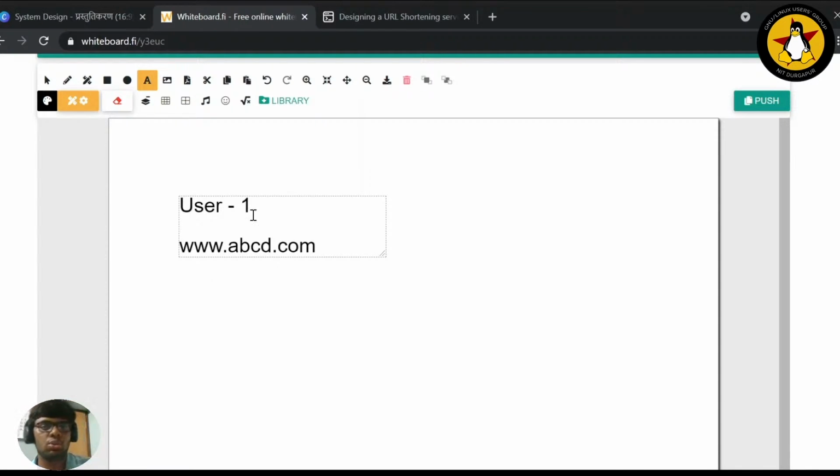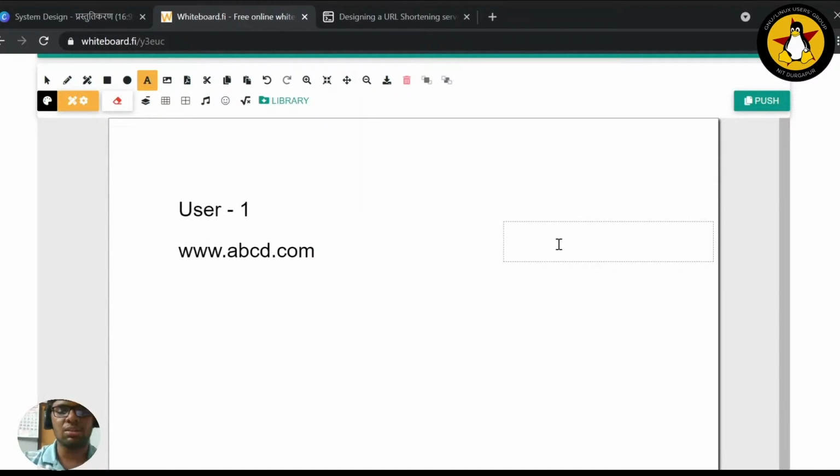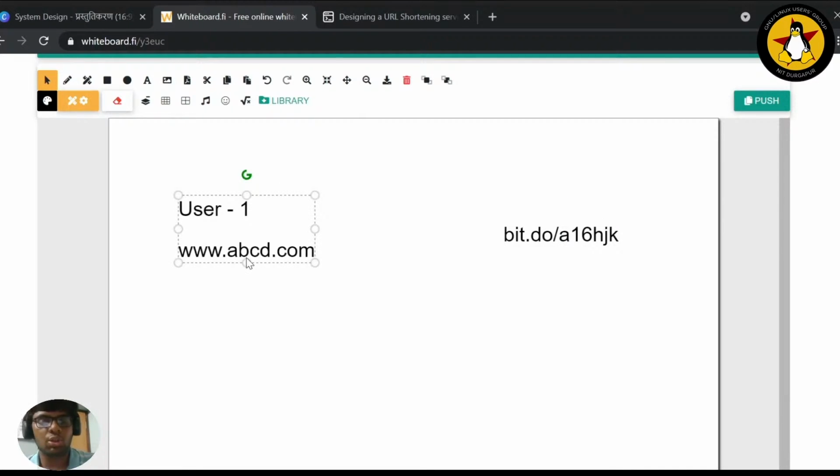Okay, so it will encode and then it will return to me a URL like this. Let's say my service name is bit.do itself, bit.do slash, and this part is, let's say, A16HJK. Now this is one URL which I want to circulate for this website, abcd.com. Now another user, user 2,